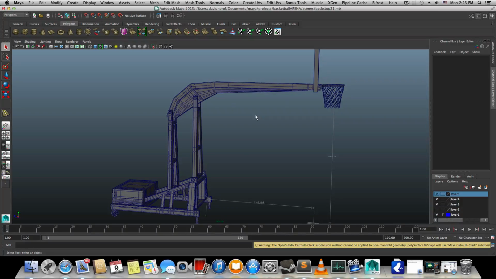Hello everyone and welcome back to the 28th part tutorial of how to model a basketball court arena, where we will continue with our basketball hoop. So this time I think it's important for me to tell you that whatever we're gonna do now deserves a little bit more focus, because